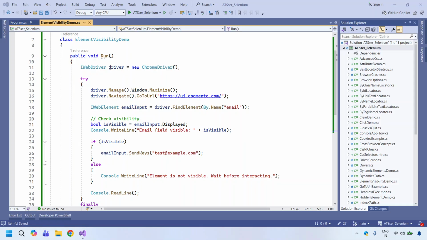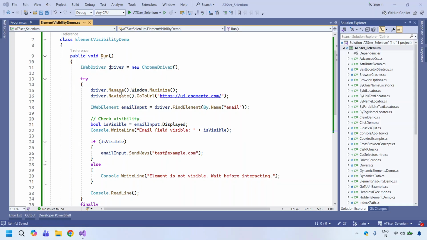Common reasons may be: the CSS display property may be none, the CSS visibility style may be hidden, it may be covered by an overlay or loader, or some processing may be happening in the UI inside a hidden panel or modal. Or it may not yet have been loaded. In Selenium, the isDisplayed method returns true if the element is visible. Click and send keys usually fail if the element is not visible. This is one of the top causes for